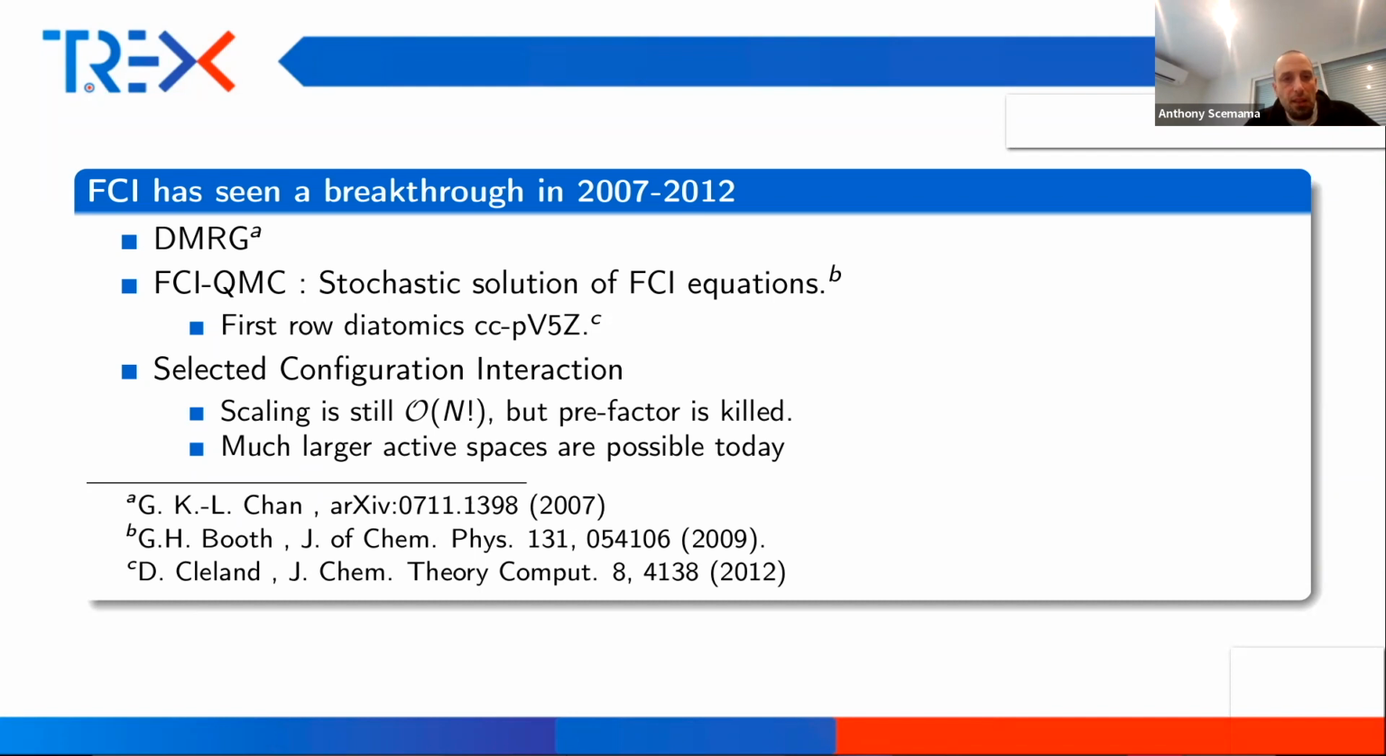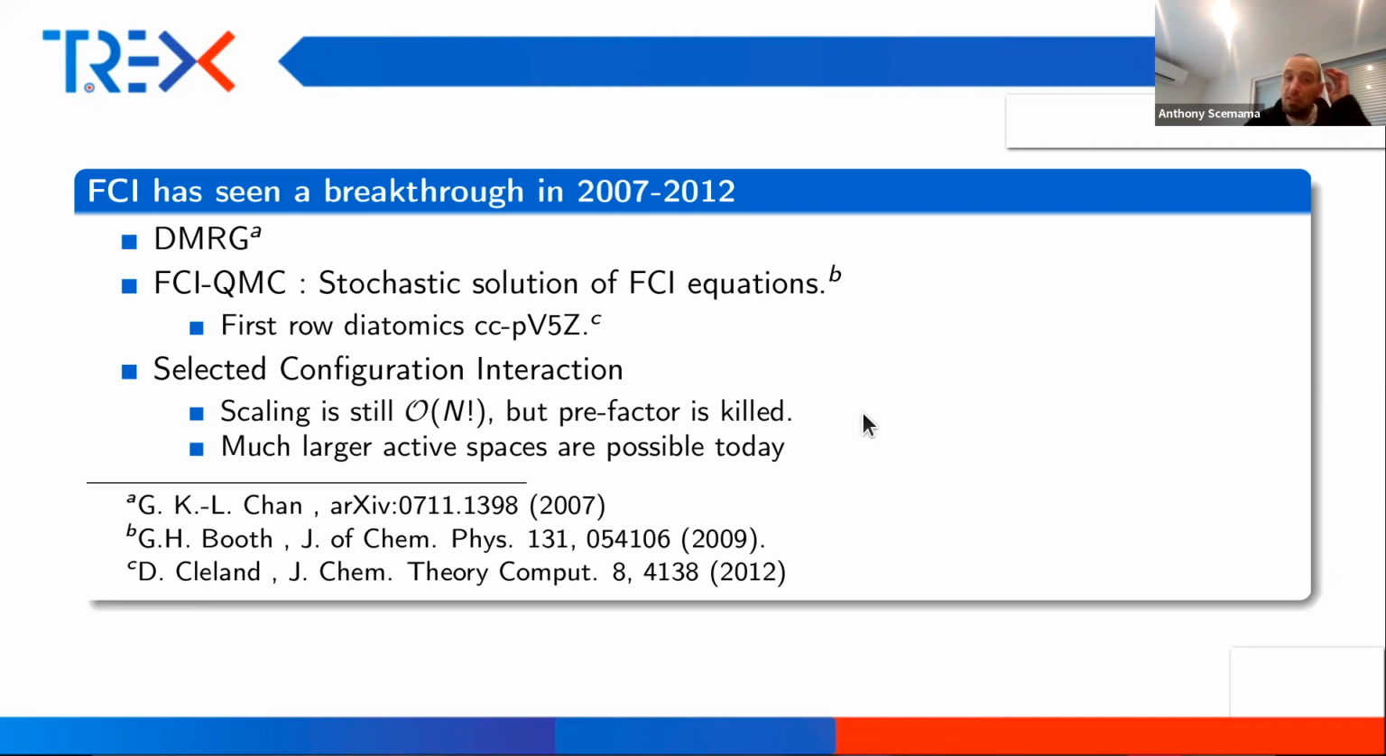And then selected configuration interaction came back because, with selected configuration interaction, the scaling is still factorial. So this answers one of the questions of the chat. But the prefactor is really killed. So it makes calculations possible on larger systems than complete full CI, but still you will never be able to make a calculation on a protein with